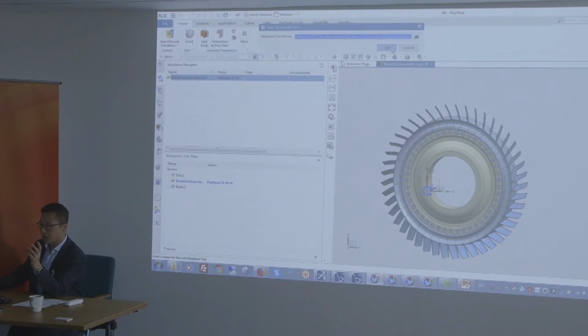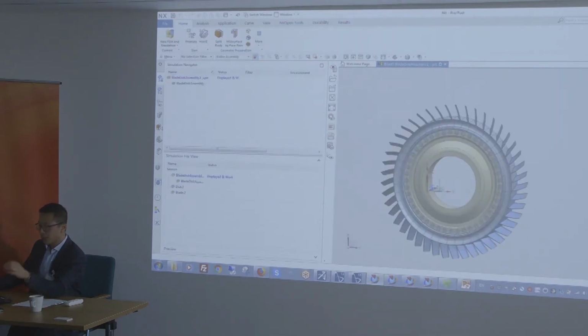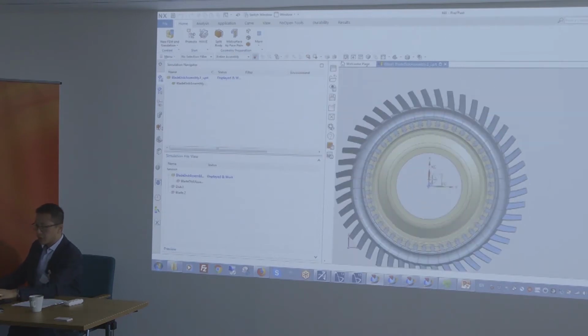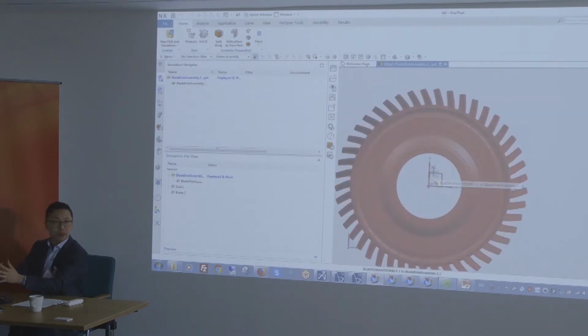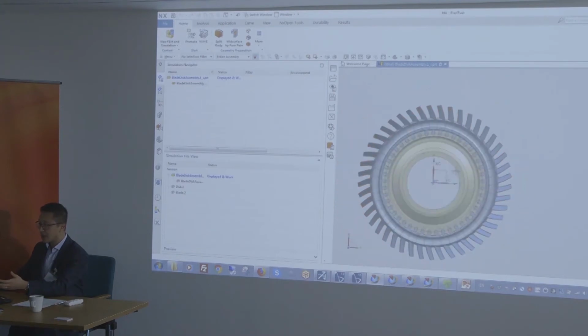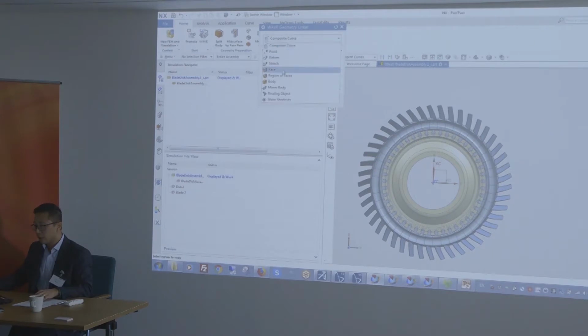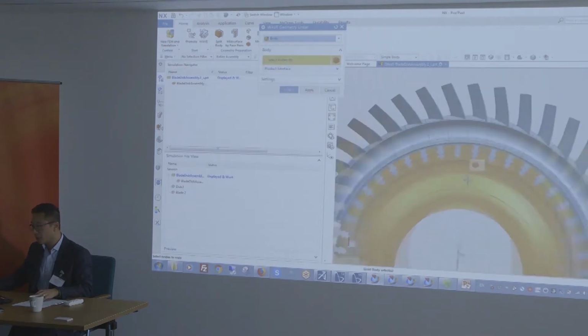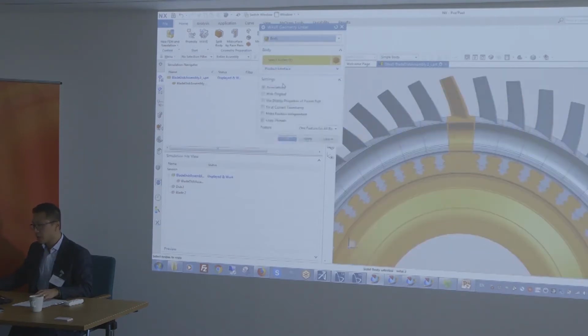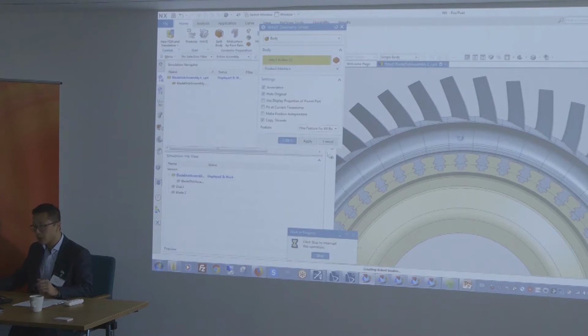Okay, so let me show you how it works. So what we could do, let's say this is the final model from a design perspective, but if I'm a structural analyst, hey, there's kind of a symmetry in that model, right? So can I leverage that without modifying the whole model, right? Well, I can. So we have this tool called Wave, and I'll show you what this does in just a moment, which allows me to pick only a few selected components that I want to use in my structural simulation.